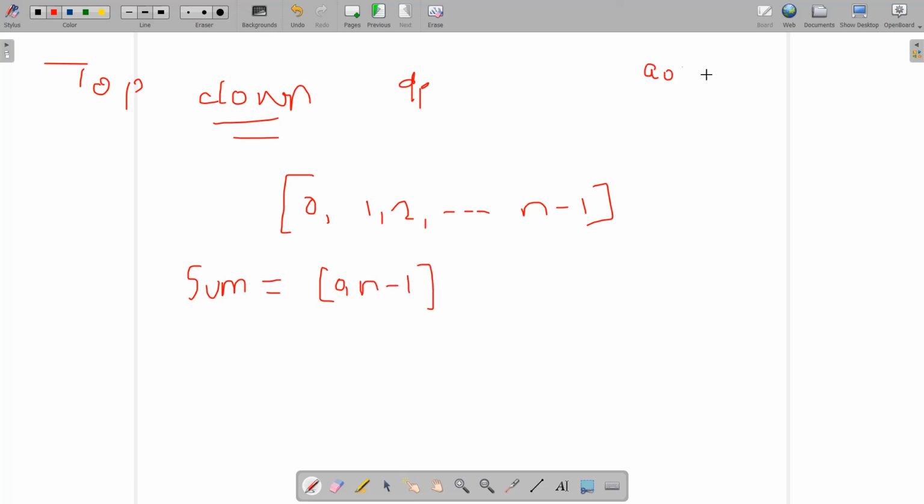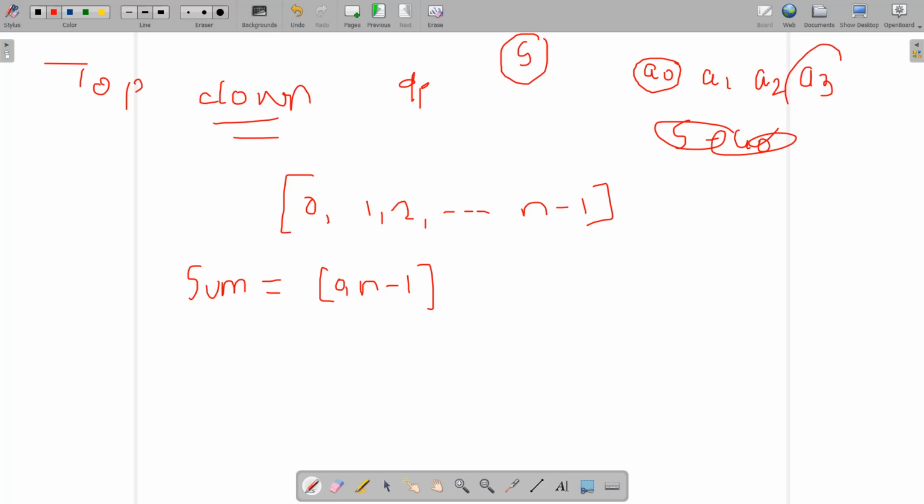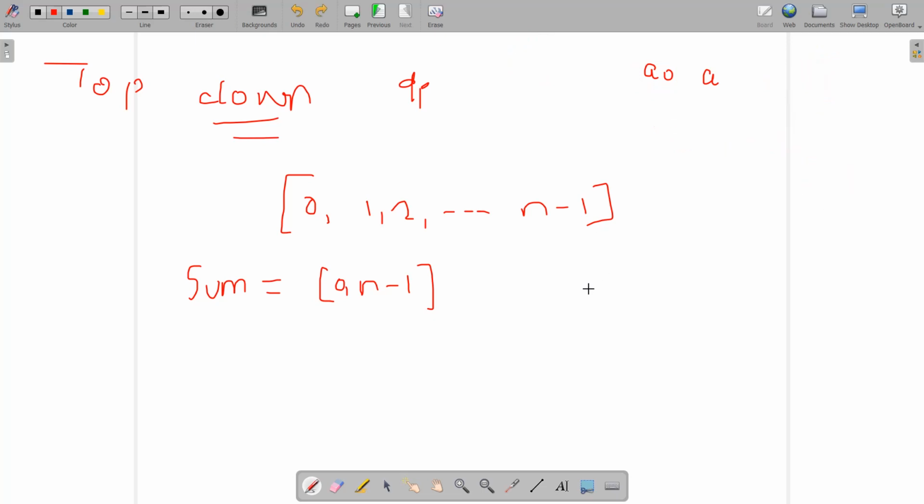a0, a1, a2, a3. And if we have to choose from this segment, and we are aware that S is the sum of this segment from a0 up to a3, then if we choose a0, I can easily find my score as S minus a0, or if I choose a3, I can easily find my score as S minus a3. So this is beneficial if we find the sum S for the entire array initially. This is the sum from 0 to n minus 1.